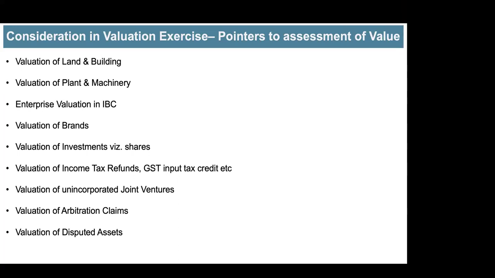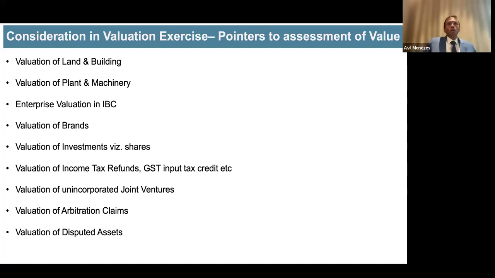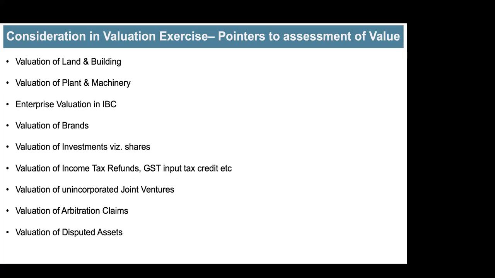So in case of liquidation, the route is 37A that you are taking for this kind of assignment of claims pending arbitration. One, you can do a sale as a going concern where the assets would be valued and the claims would have a separate treatment within that going concern. So that's one way of doing it. Or if you're only doing the claims, then obviously you do it as an NRRA, not readily realizable asset, and you assign it to a successful bidder.